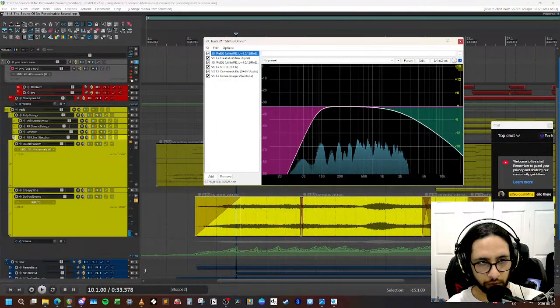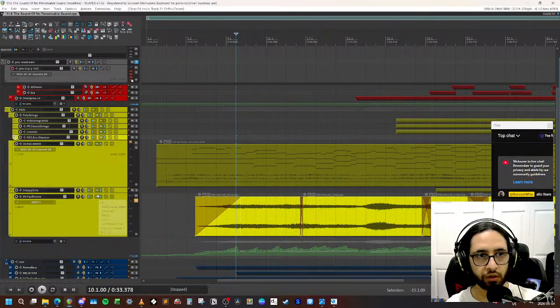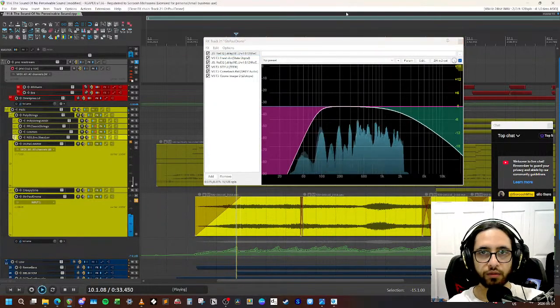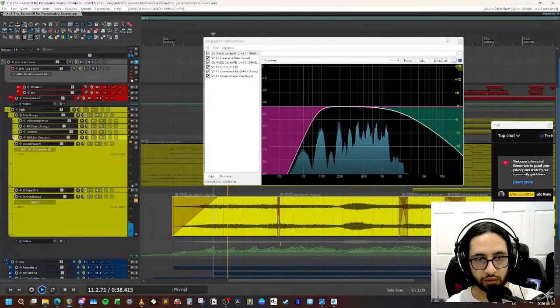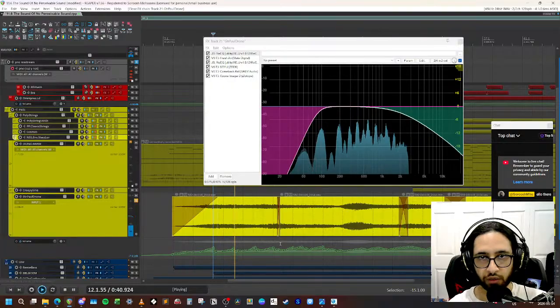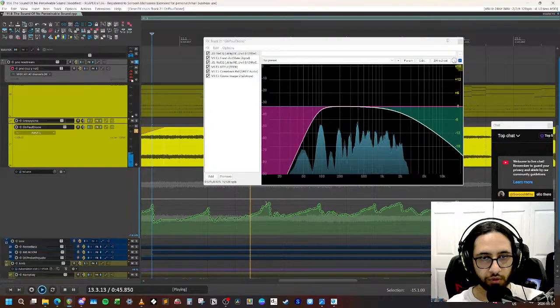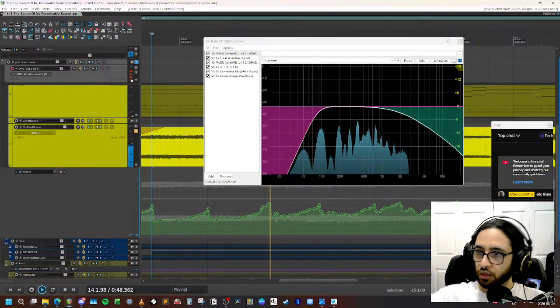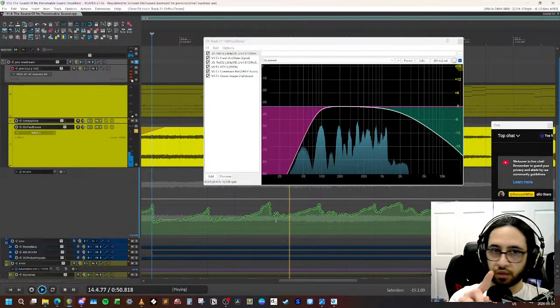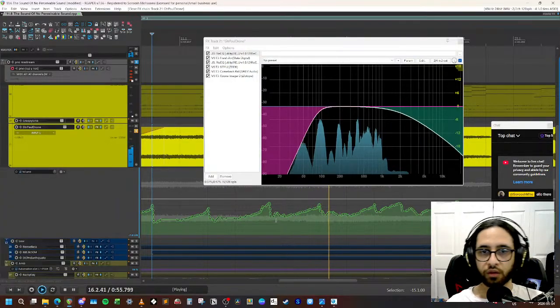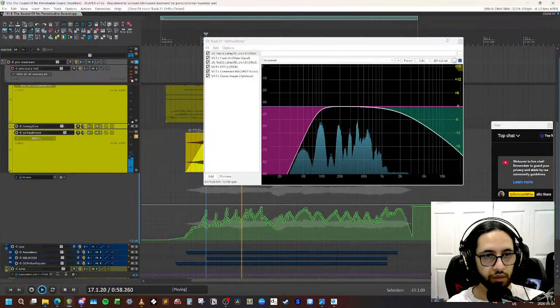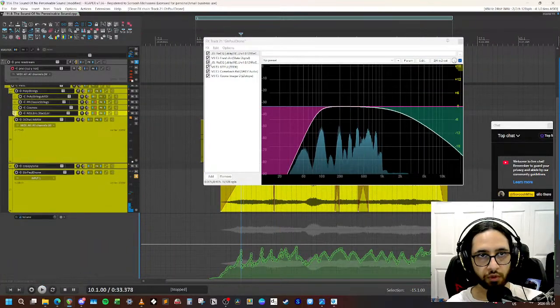Do I have the original guitar recording? I don't think I do. No, I don't. But yeah, looks like I just automated the volume on that. Just making some risers basically out of it. Because you can see the shape. Yeah. You can see it goes out right here. It just helps give the track some movement, you know?